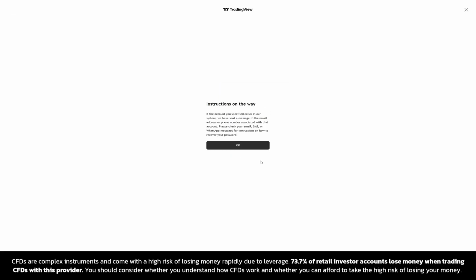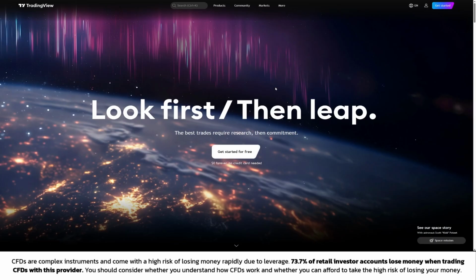TradingView will then show the available recovery methods linked to that profile, such as an email link, a phone verification option, or the original social login method if the account was created through another service. This detail matters. If the account was created with Google, Apple, Facebook, or another social login, a normal password reset may not work in the same way because the sign-in is managed through that provider. In that case, it is usually better to try the same login method that was used when the account was